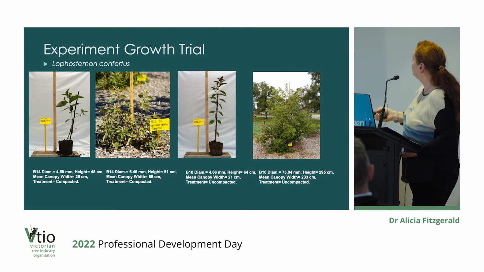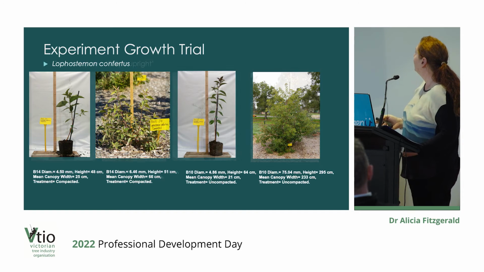So for the Lophostemon, the worst specimen, which had a lot of basal shoots, was pretty struggling, and that was in compacted soil. The better quality specimen, again, had quite a wide canopy. That was in uncompacted soil. And for the olive,